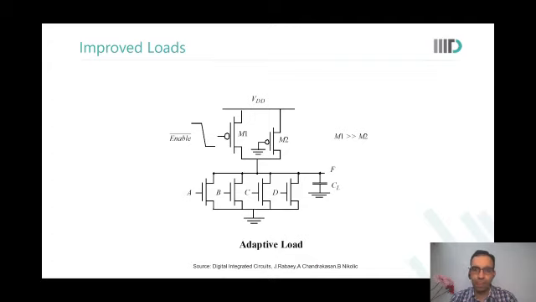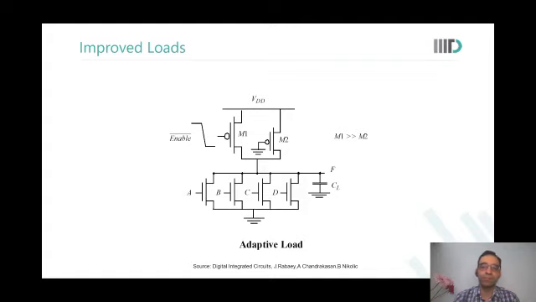Yes, understood. Thank you. So adaptive load means that during the evaluation phase, you have an additional PMOS which is turned on, so that wherever signals have to rise, they can rise quickly. Because the output of this gate has to go elsewhere also, is it not? So there is a path. We're not just designing one gate, we are designing a path. So wherever this goes, it will do its own action there.